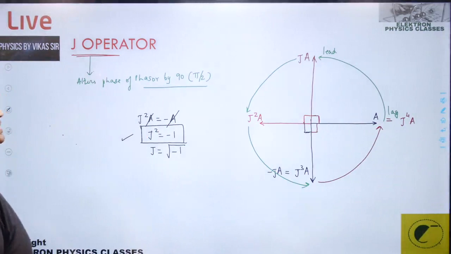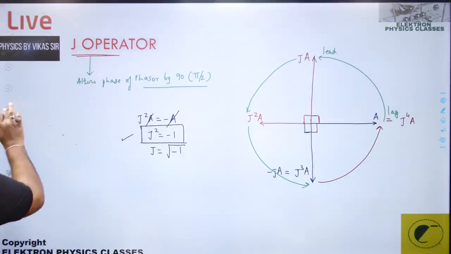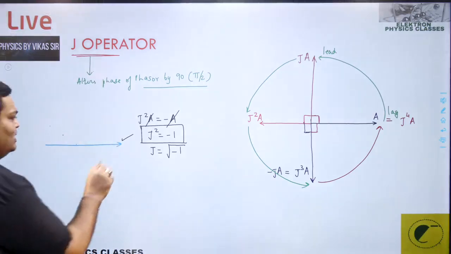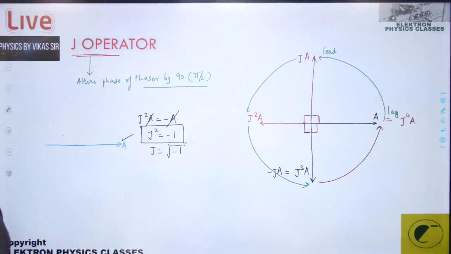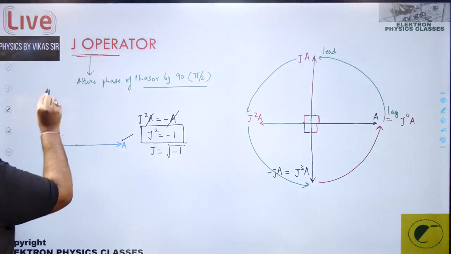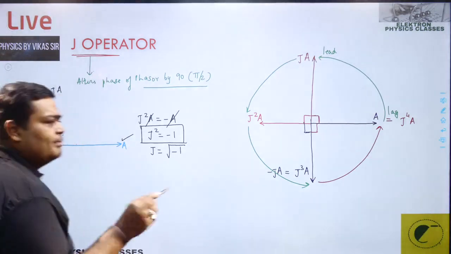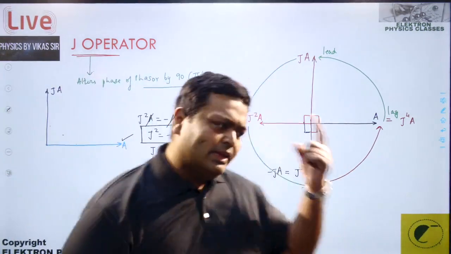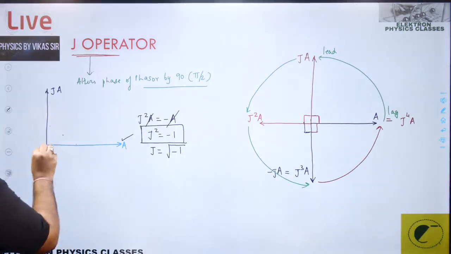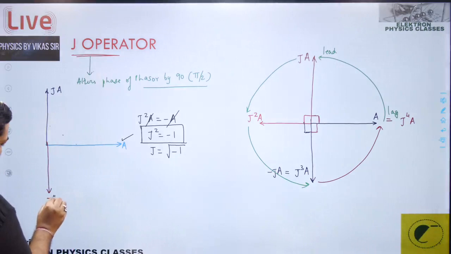Easy? It's damn easy, sir. Now I do one more thing for you. When you understand, understand completely, why only half? This is a phasor A. Someone gave me the command J times A. I said okay, so that becomes J times of A. Now someone gave me the command minus of JA. That's also cool for me. So that becomes minus of J into A.